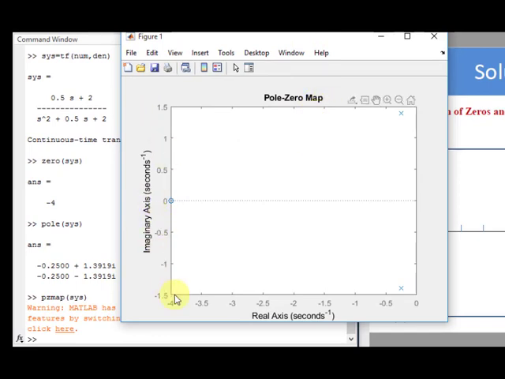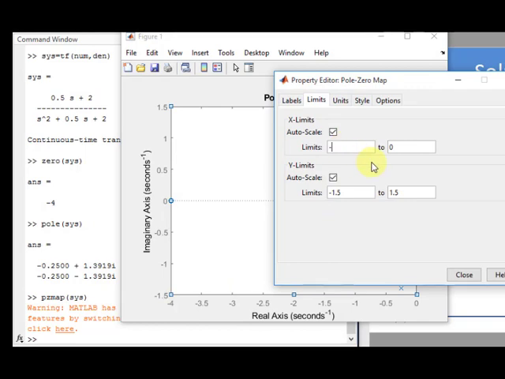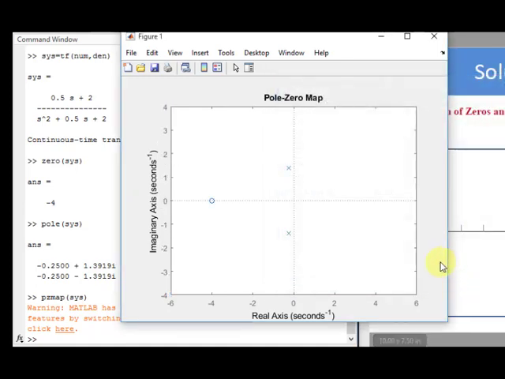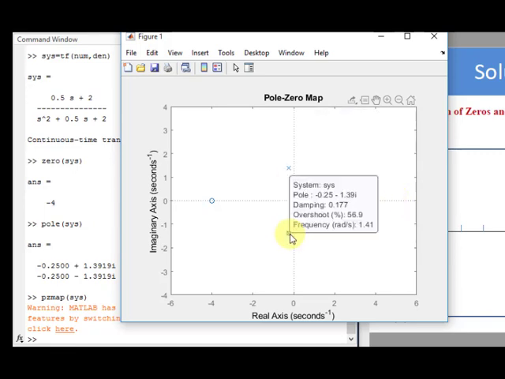The vertical axis is the imaginary axis, the horizontal axis is the real axis. But we are not able to see the poles and the zero. What I'll do is change the range of the axis. I'll change the limit here, -6 to +6, and here -4 to +4. Say close. Now this is the imaginary axis, this is the real axis. Now you can see that these are the poles. This is the first pole, this is the second pole.